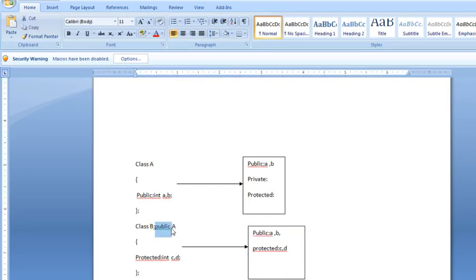So it doesn't matter whether the visibility mode is public, protected or private.